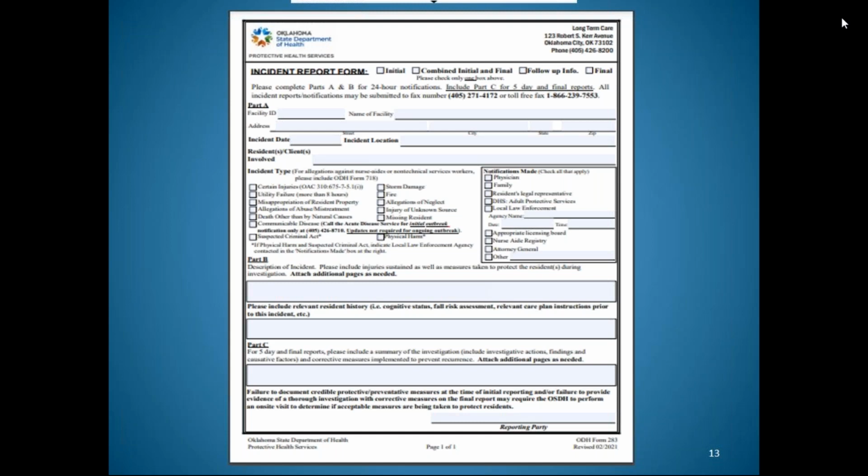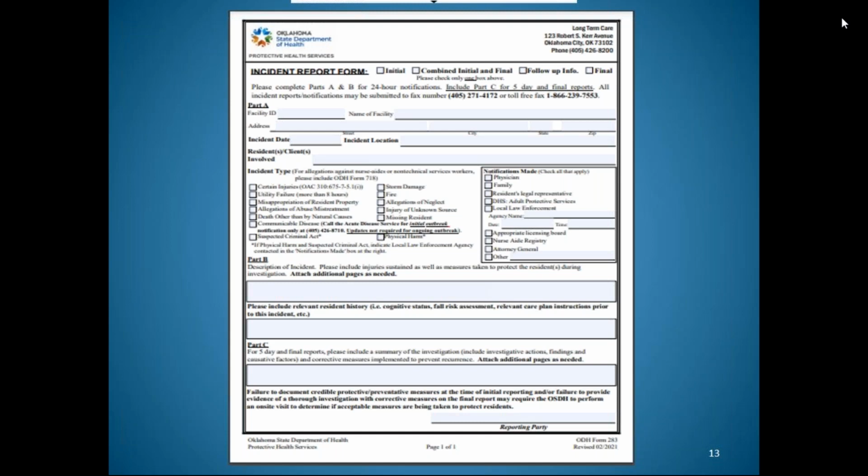Usually the department receives between 25 and 30,000 of these reports a year. That's a lot of reports. We have a team of 4 to 5. Each single report is read, reviewed, and made sure that everything that we are requiring is there. They also track any initials or follow-ups to make sure that a final is submitted. And that's just a lot of reports.